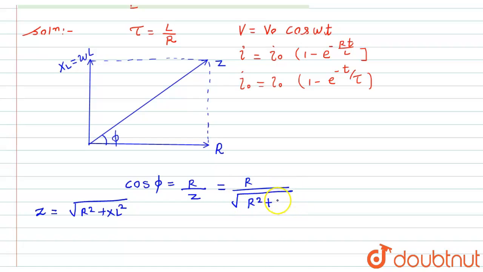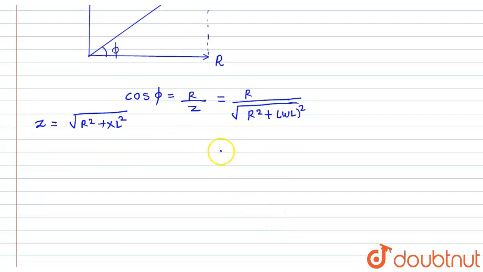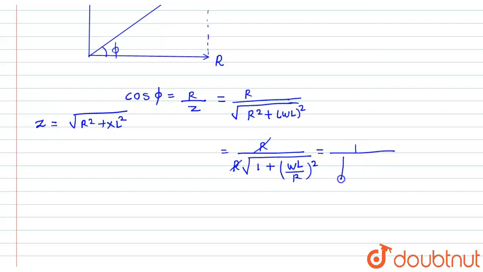Now XL equals omega L, so we directly put omega L here, bracket square. Now if we take R common from the denominator out of the square root, it will come out as R, and what remains is 1 plus omega L divided by R, bracket square. Now this R will get cancelled, and we get 1 divided by under root of 1 plus